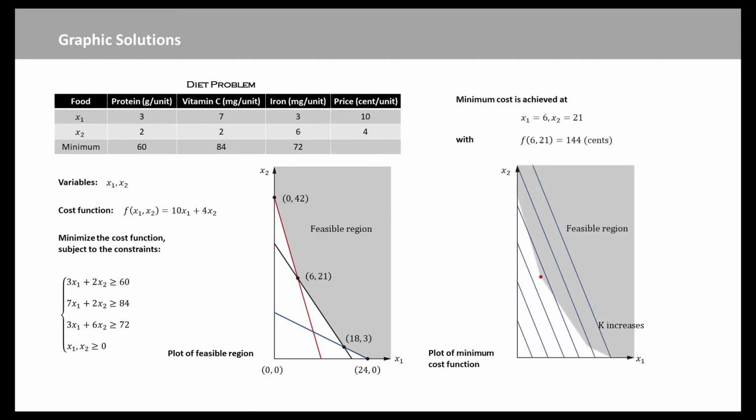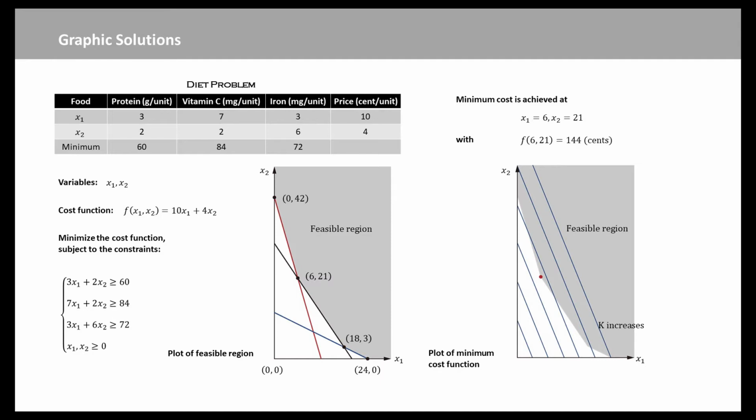Now it is time to put the cost function level sets over the feasible region, which is the gray area. The goal is that we hold the line with a fixed slope, and then we move the line lower, and the cost gets smaller, until we just touch the feasible region. Here you can see it will become this red dot at the vertex. At that point, the cost function will have a minimum value. To conclude, at this corner point the coordinates are x1 equal to 6 and x2 equal to 21.